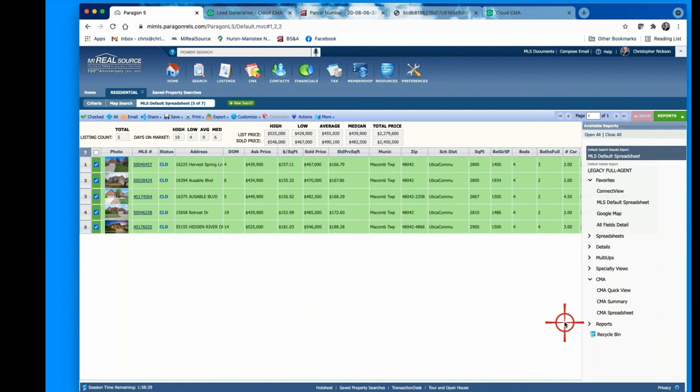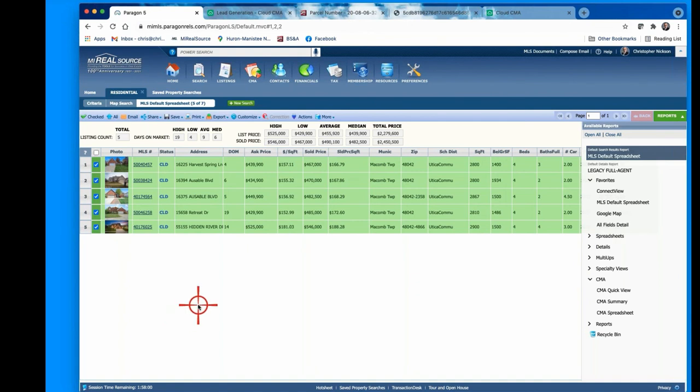I will. I'm going to explain it real quickly. What I walked you through was Cloud CMA, which presents a nice presentation. It's very slick. You're going to produce a report when you go to Cloud CMA. You can do a slideshow with it. You can do all that other stuff with it. Through Paragon, we offer a quick way to do a quick CMA. If it's somebody you know, or if you just want some quick general information to give them, the easy way